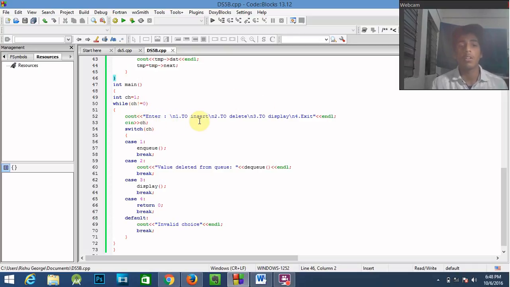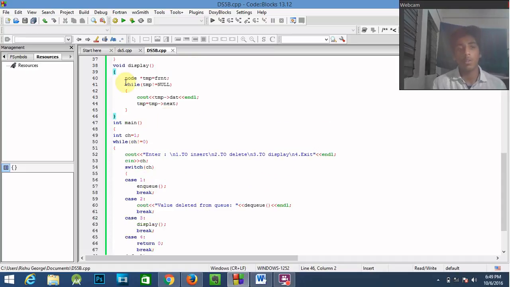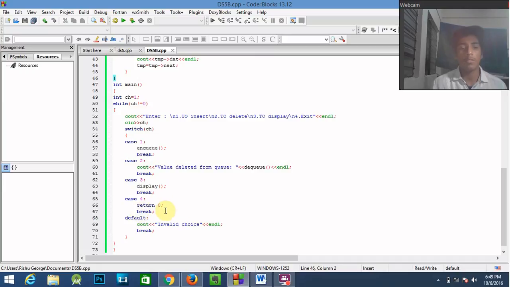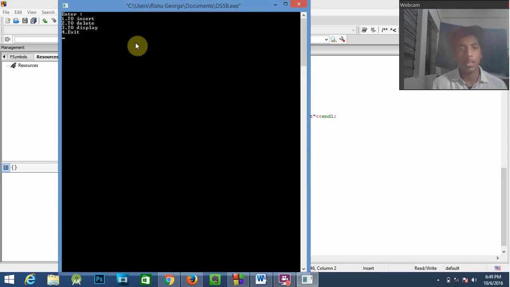And cout, enter 1 for insert, 2 for delete, 3 for display, and cin into ch. Case 1 calls enqueue for inserting an element, and case 2, the value will be deleted from the queue, that is the dequeue function. And display, we will call this function for the display. In every case we will break, and default gives invalid choice, and then return 0. Now let's see the output.